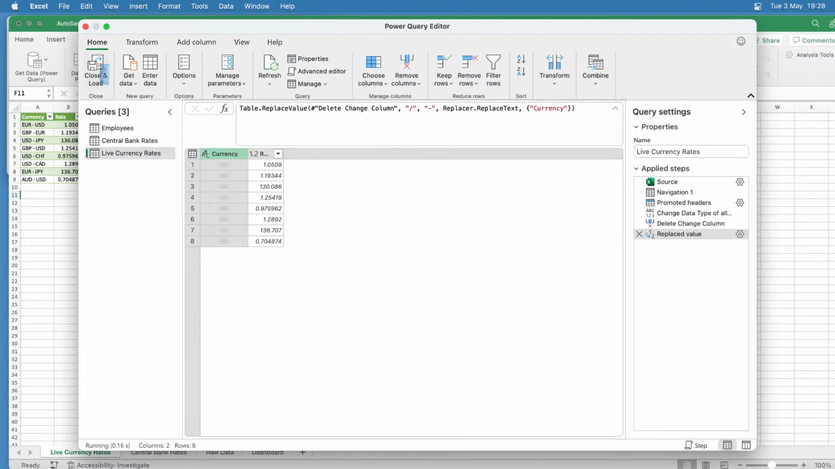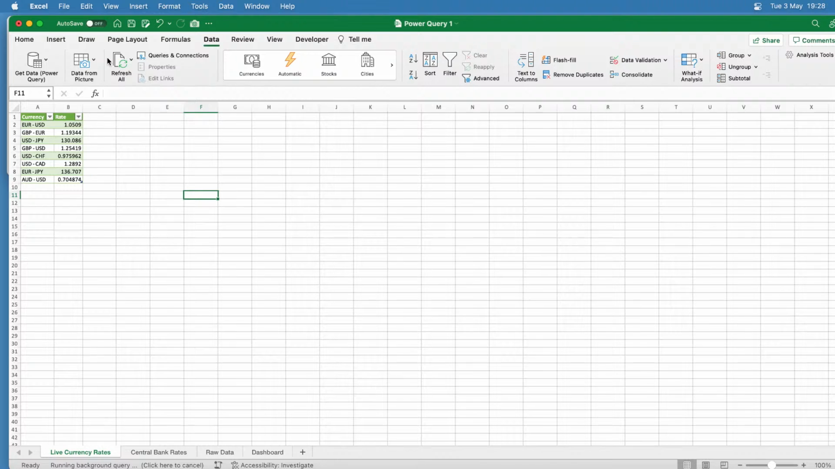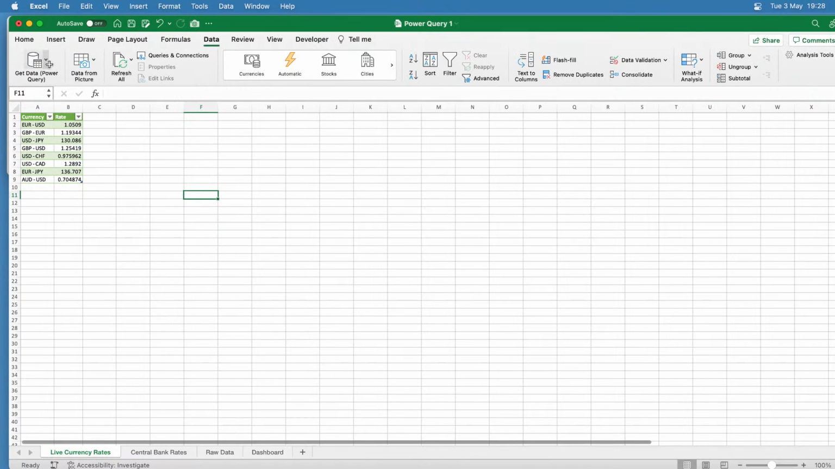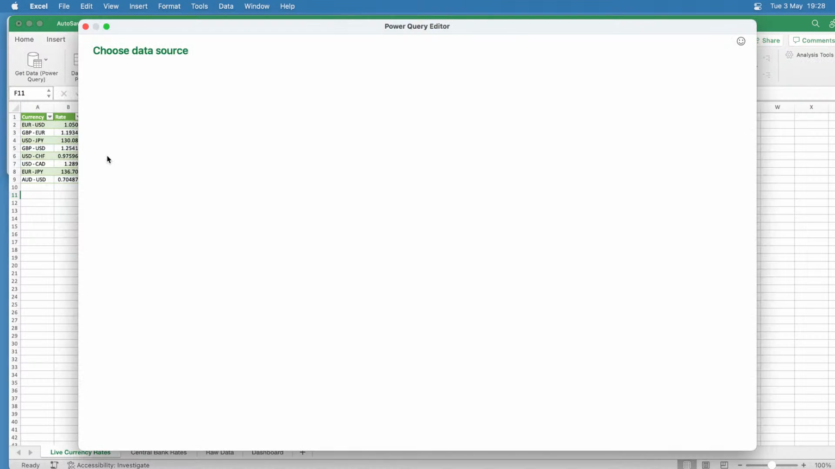So let's close and load that. Did that do anything? There we go, that's better. And it's updated my data. All right, so I'm going to edit the query again. Oops, edit the query. Go into the query editor,